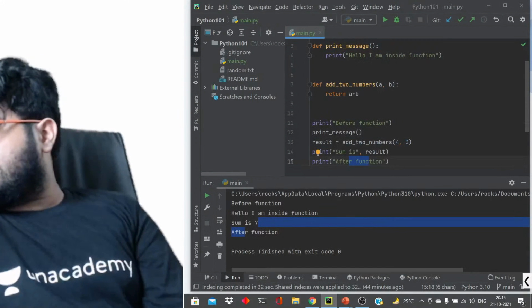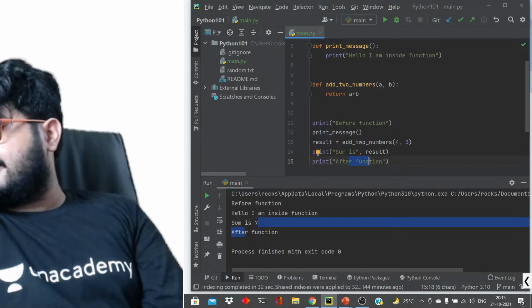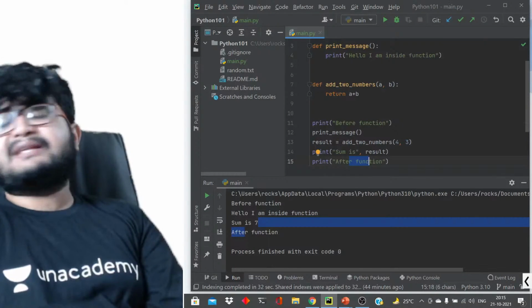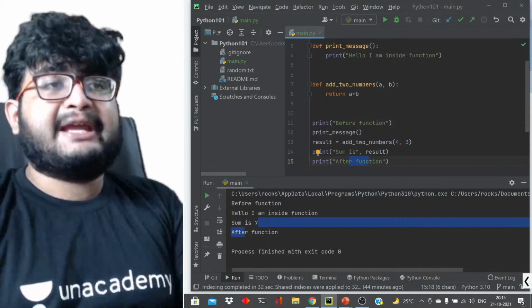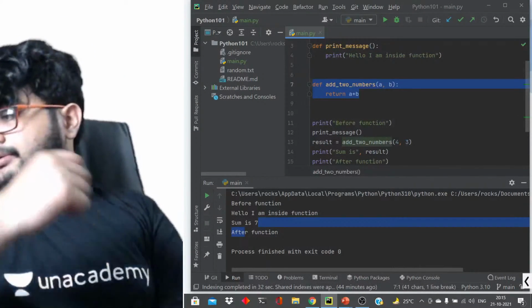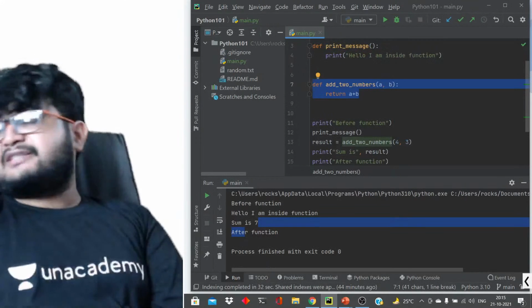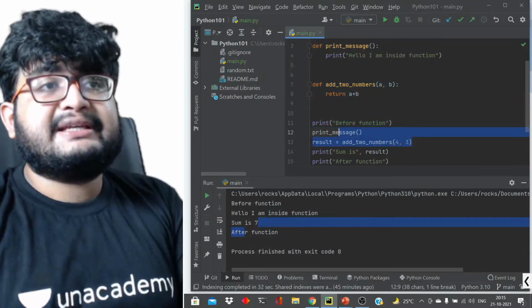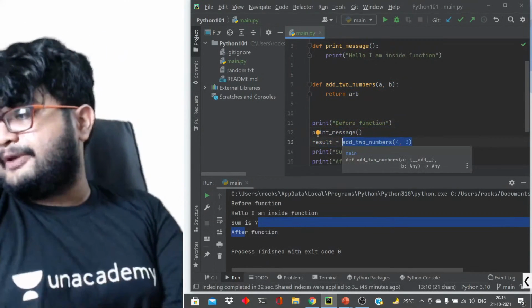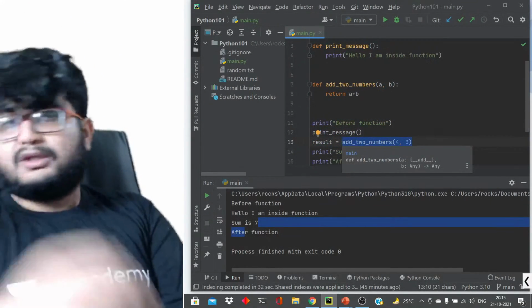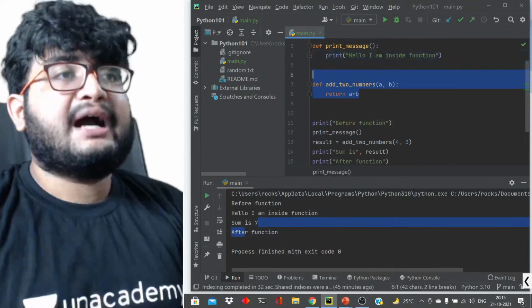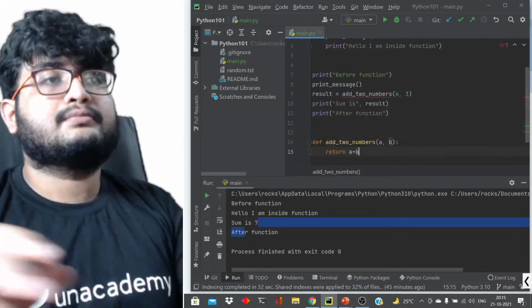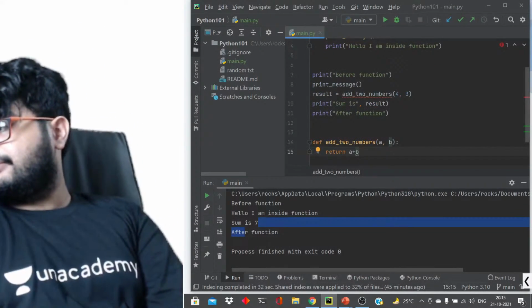Okay, sir, can we write after return result also? Can we write after return result? I did not understand. Return is in the function, right? Return is in the function. Are you asking whether the function can be written after this thing? After this thing, can we write the function? Is it what you are asking, Piyush? Are you asking this thing?